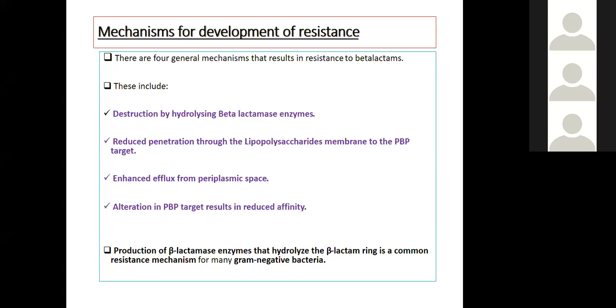दूसरा मैकेनिज्म क्या हो सकता है? Reduced penetration through a lipopolysaccharide membrane to the penicillin binding protein, यानी कि कुछ ऐसे बैक्टीरिया जो पेनिट्रेशन कम कर देते हैं, उनके स्ट्रक्चर में, सेल वॉल में या सेल मेम्ब्रेन में, उसके ऊपर एंटीबायोटिक की पेनिट्रेशन कम हो जाती है, तो ये रेजिस्टेंस मैकेनिज्म भी डेवलप हो सकता है। There is another example, enhanced efflux from the periplasmic space. पेरिप्लाज्मिक स्पेस जो बैक्टीरिया का होता है इनसाइड द सेल, उसमें से इफ्लक्स यानी कि